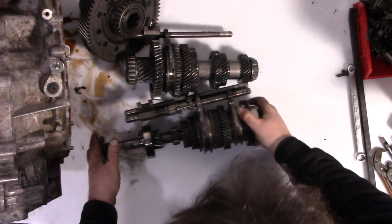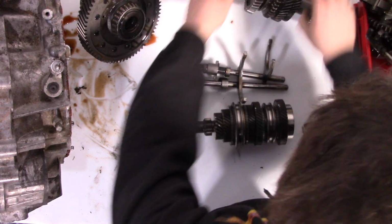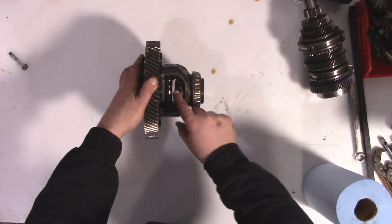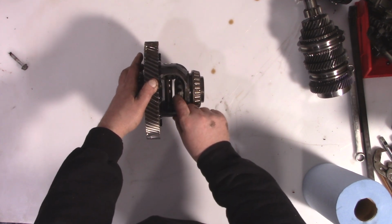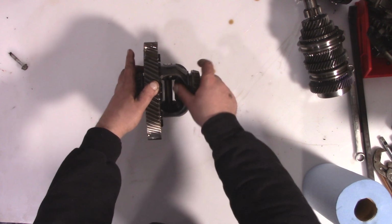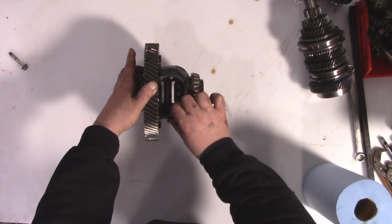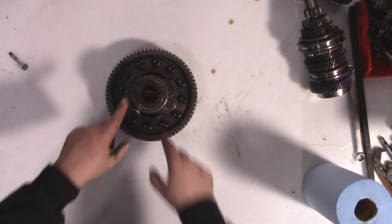And there it is. So we'll take the shafts and set them aside for now. All right, and this is the piece we're going to be replacing. Just to show you guys, if you remember from last video, these spider gears are supposed to move freely. There's resistance from the stickiness of the oil, but there's no actual effort required. So that part's going to leave,